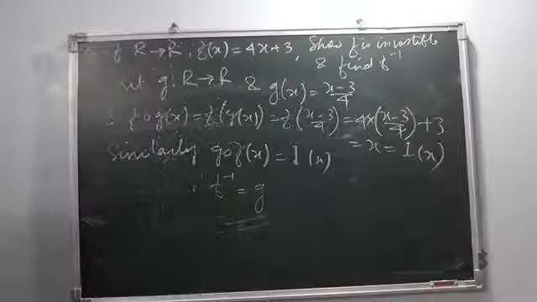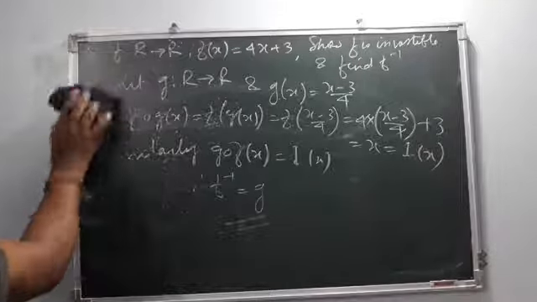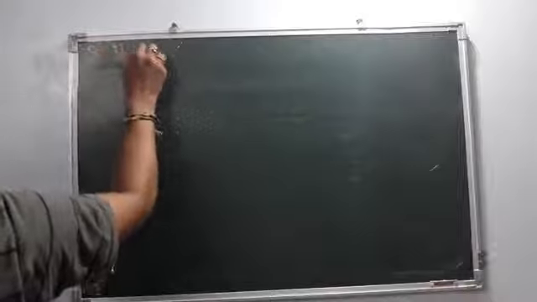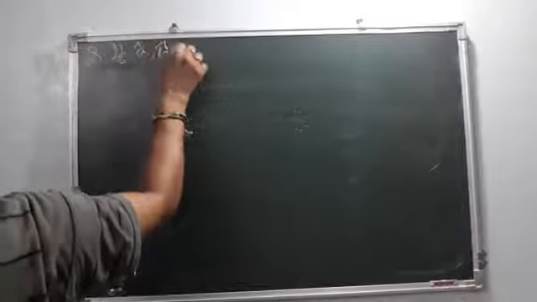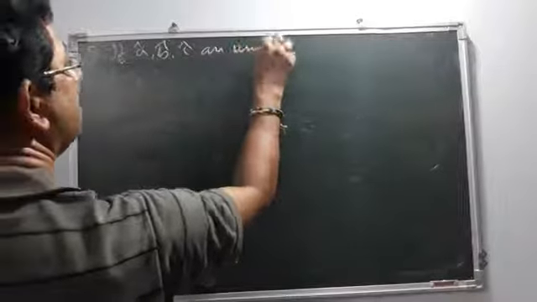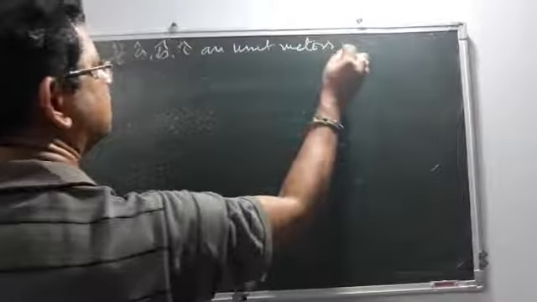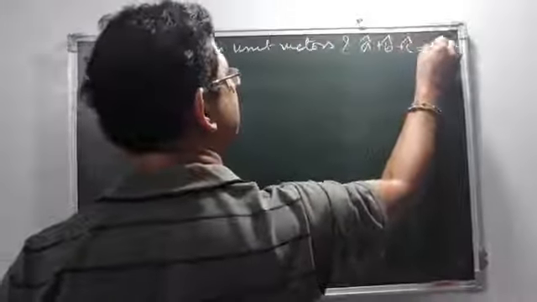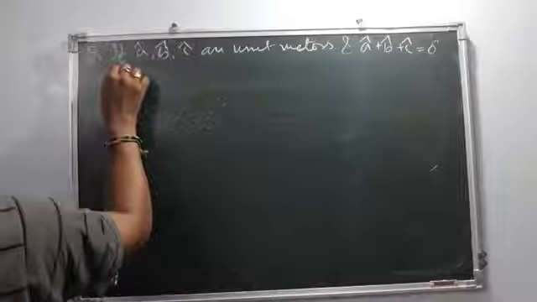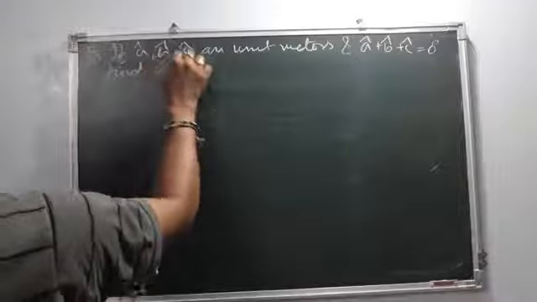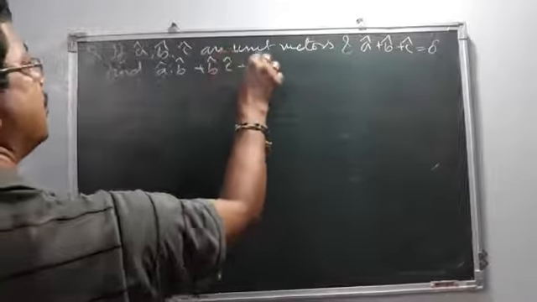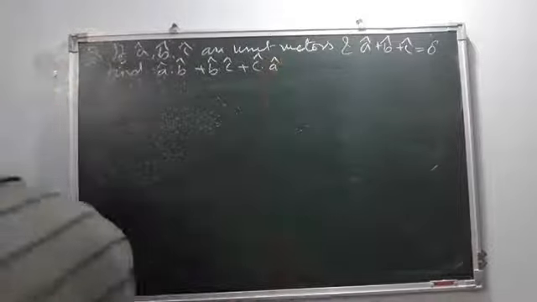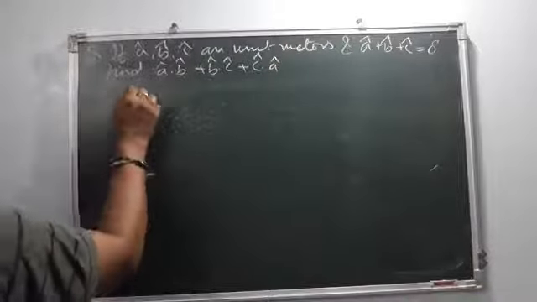Then, next question. If vector A, vector B, vector C are unit vectors, and vector A plus vector B plus vector C is equal to zero vector, find A dot B, B dot C, C dot A. They have asked to do this. Now how to do it? Given